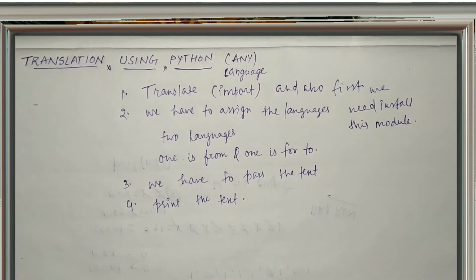If you haven't seen or don't know about PyDroid, then you can see my first video on how to run Python on Android, so that you are able to do this on your phone, because most of the time you will be with your phone and you often have to search in Google Translate. So if you do this in your Python, then you have a better understanding of Python, and also you know about this library, that is the translate library, and you don't require an internet connection. So let's do it in our Python library.